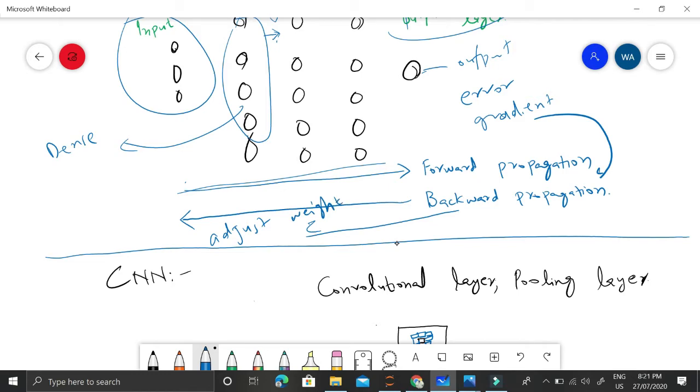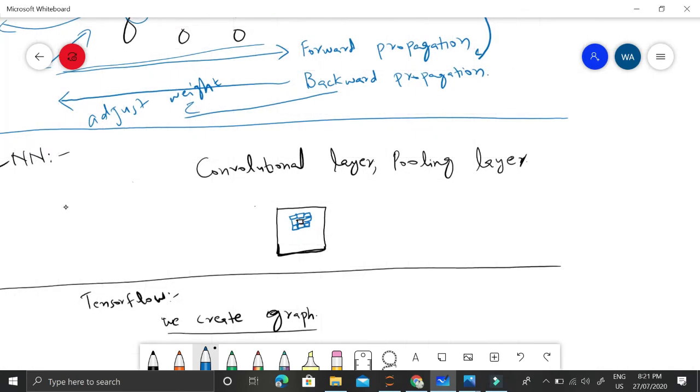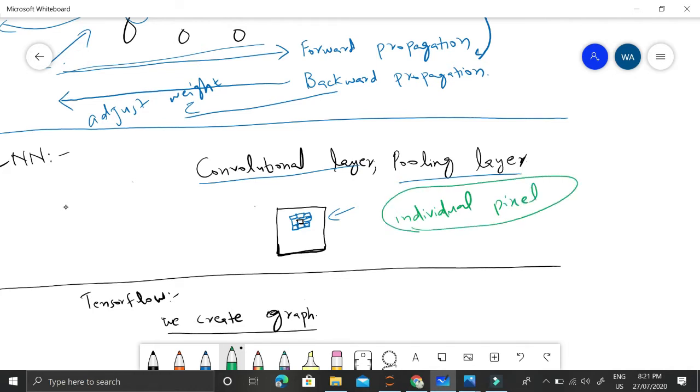Now, the difference in a convolutional neural network is that instead of these dense layers, we have convolutional layers and pooling layers. These are special kinds of layers which are very efficient specifically on image data, because in image data we have a special kind of structure where individual pixels are not as important as a combination of pixels.